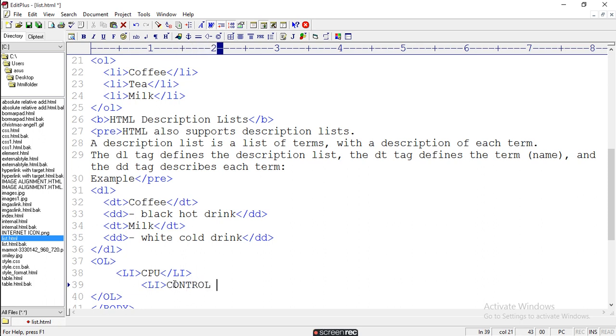control unit, and before that you have to write an ordered list because you are starting another list.